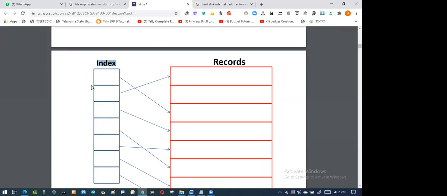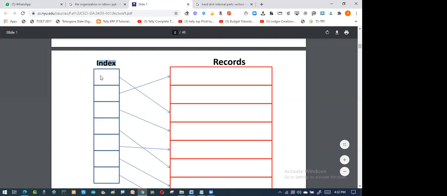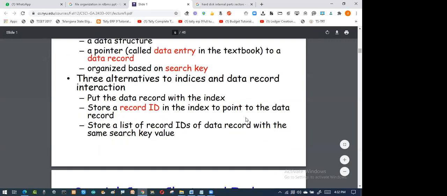I will map it and directly jump to that location in the record. So like that I'll have three alternative indices. One alternative is that the data record should be maintained and stored, then listed in the record. These are the three things you should remember.